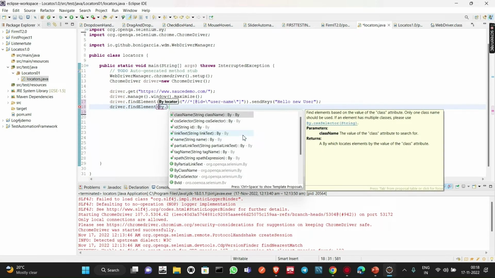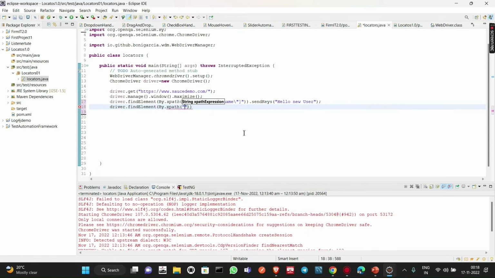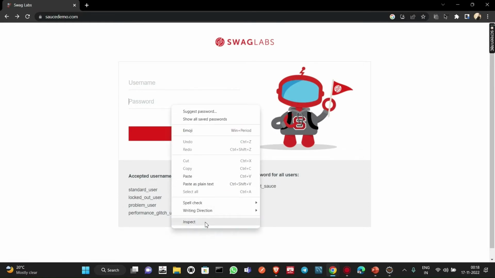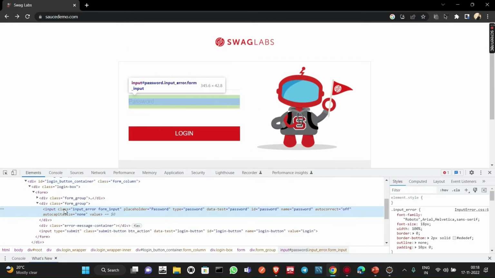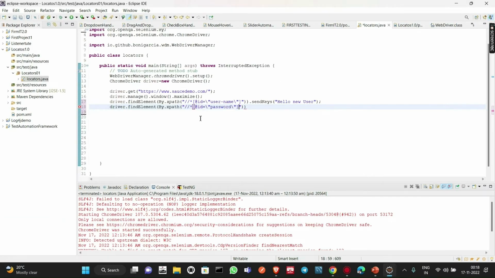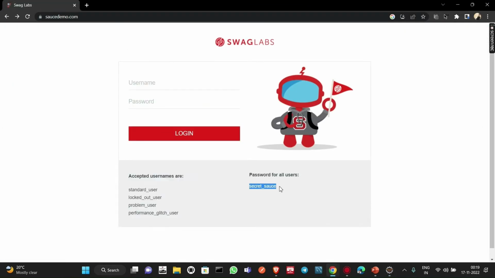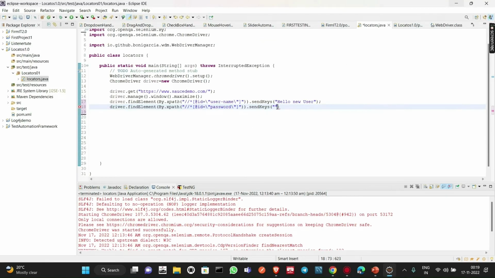the locator of the password placeholder, right? XPath, and then I am providing here the locator of the password placeholder. I am inspecting this, and simply copying the XPath and pasting it over here, and then send keys, and then the password will be as directed to us, right? We cannot type any password. So secret_sauce is the password, Control C and Control V, and the username should also be as directed to